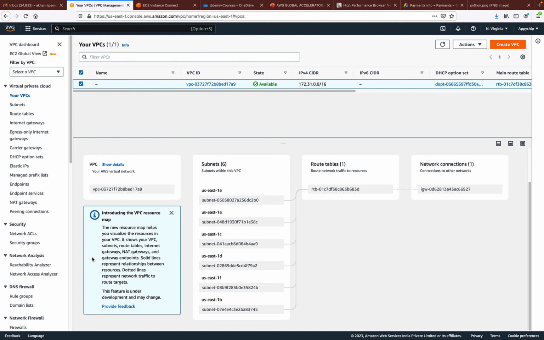This helps you to visualize the resources in your VPC. It shows VPC, subnet, route table, internet gateway, NAT gateways, gateway endpoint. The solid lines represent relationship between the resources. As you can see here, there are lines. These are solid lines which indicate relationship between these resources, and dotted lines represent network traffic to route gateways. As you can see here, these are the dotted lines, and this feature is under development, but it will be